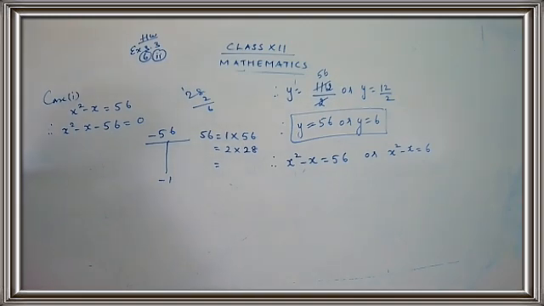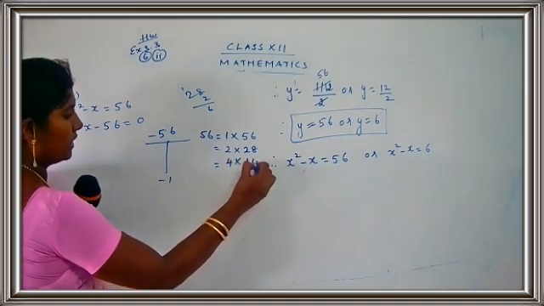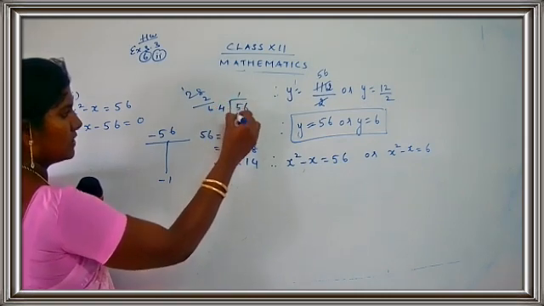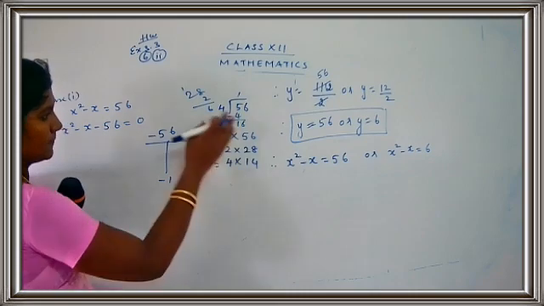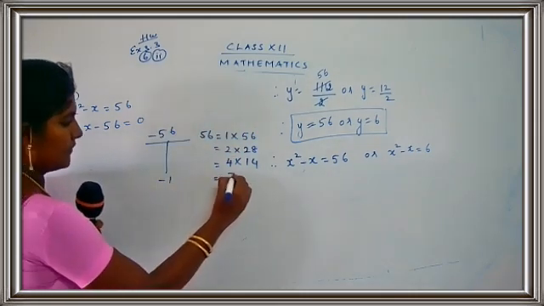Yeah, you have this in the table of 4. When you divide by 4, 4 ones are 4. Yeah, 4 you get. You can divide by 4 also. 4 into 14, 56. Yes. So 4 into 56 means 4 ones are 4. Yeah, 4 fours are yes. So you have to take both the numbers, 4 into 14 and 7 into 8.